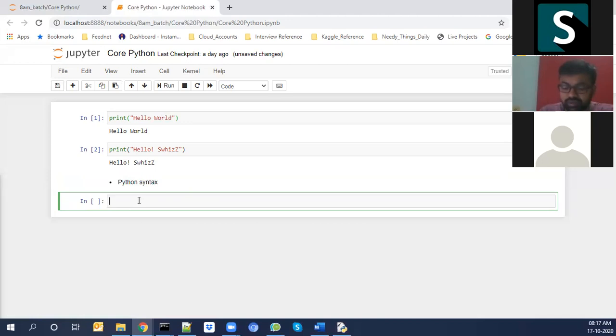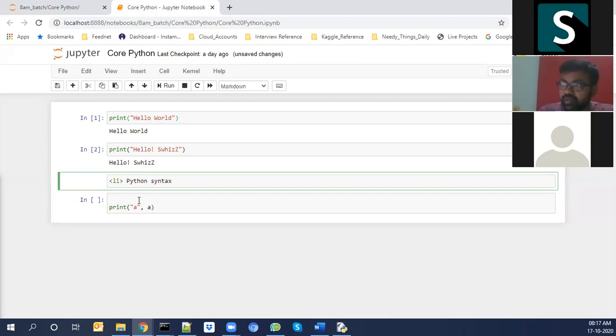Print is an inbuilt function. Either you can print some string, or you can mention a variable.